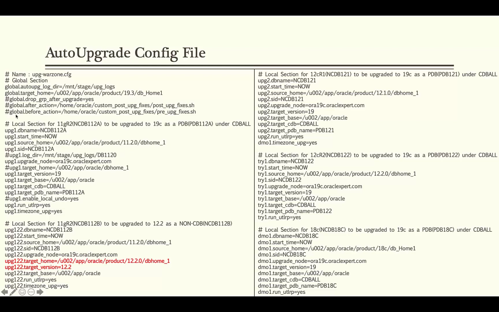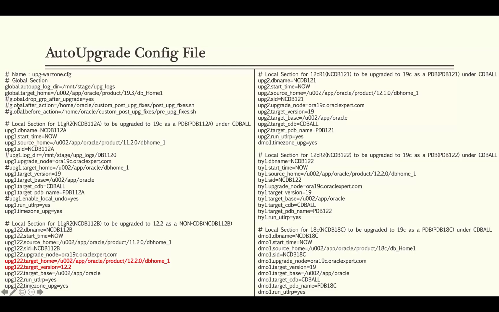In my first attempt, I am going to run it in a noob mode. I am new to it. So all those pre and post upgrade problems I am going to fix one after the other manually. But when I show the same demo in a pro mode, which is my second attempt, I am going to uncomment these sections.